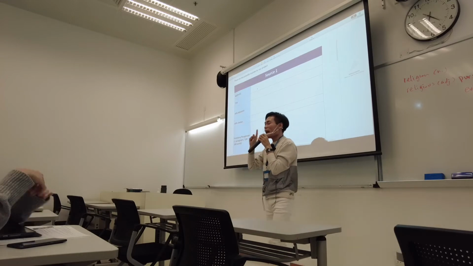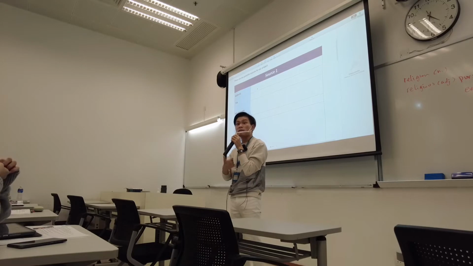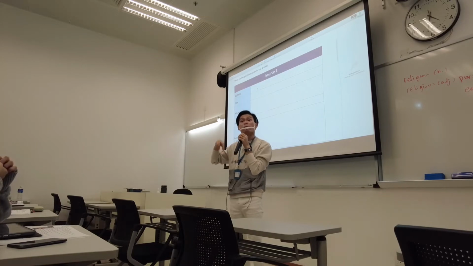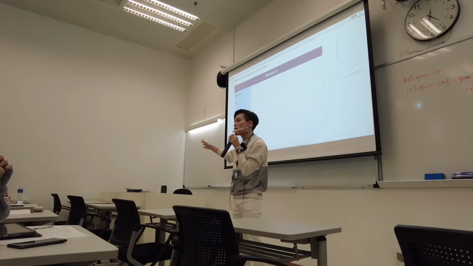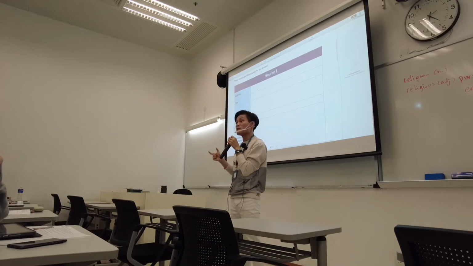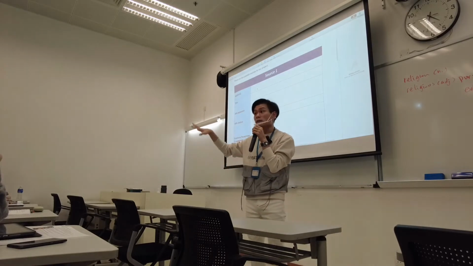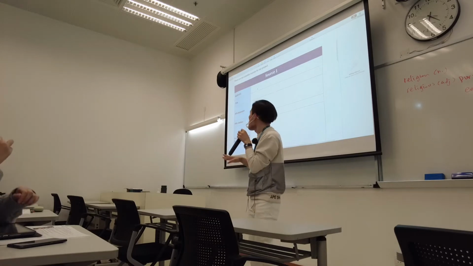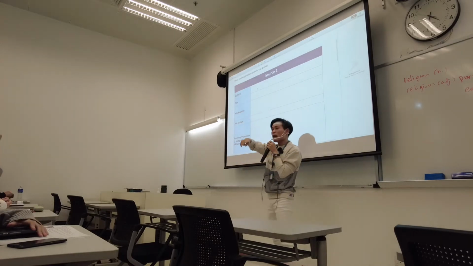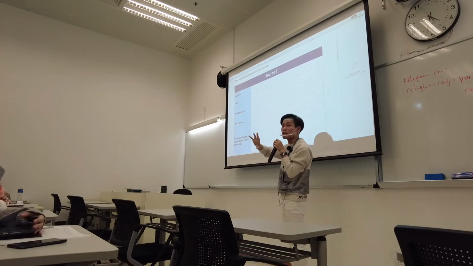APA is one of the styles you use for your references and everything. So this time we have to follow the APA style. If you have never heard about this one, okay, no problem. I will talk about it later. But remember, this is not the only way to do a reference. But the university would like to train you to do APA because it's widely used in many places. Some of you I taught before, so you have some idea about APA. It's actually the same thing.